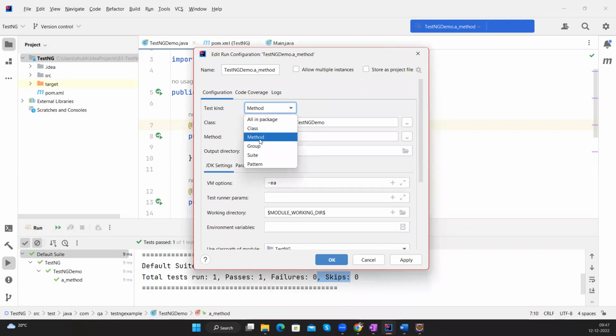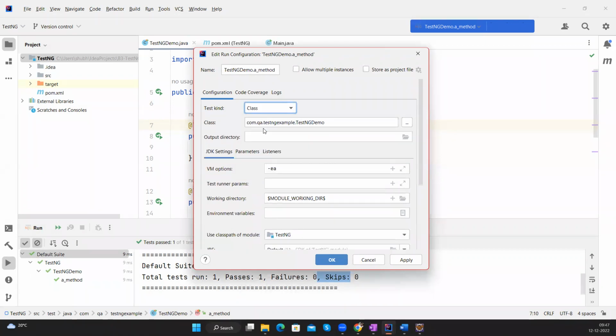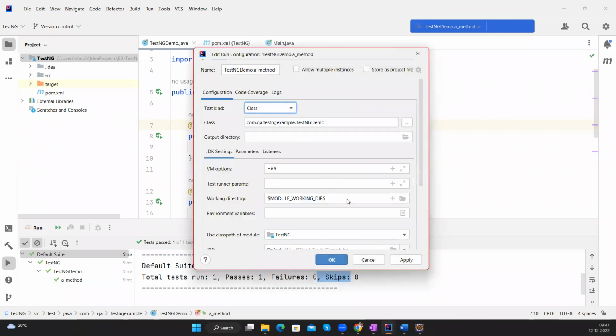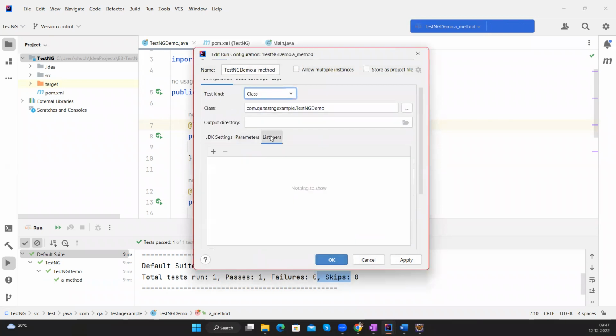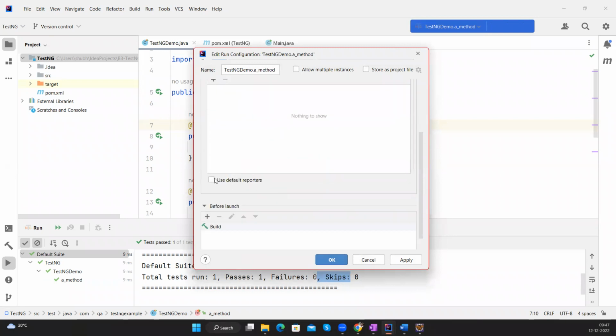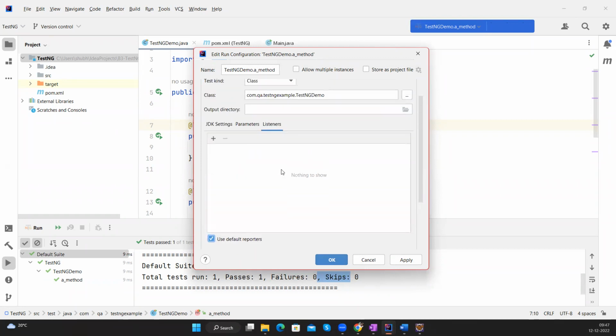See, class you want to run or method you want to run. So based on that, you can select it. I want to run the complete class, so click on the class. Here you need to choose the class name, so it will directly come it here. So we have created the TestNG demo class, right? So it will come directly, select it from here, and then now need to go to the listener. If you go to the listener, there is an option, use default reporter. So once you click on this checkbox and then